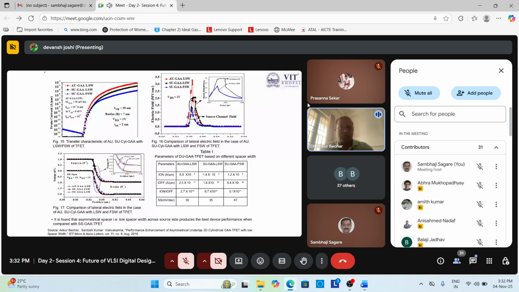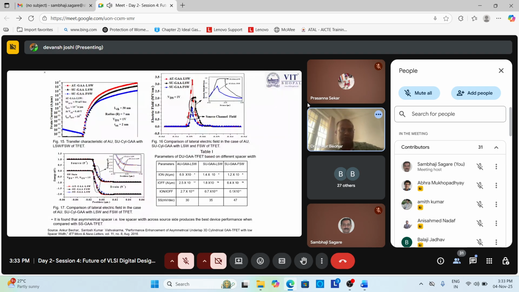Due to this structure comparison, we found that the red one produces the very high result. You can see that it is an asymmetrical underlap gate with a low spacer bit. The other parameters remain constant for all: under 30 nanometer technology, or we can say 0.03 micrometer here, and 7 nanometer radii with constant voltage of 1 volt at the drain side with oxide thickness